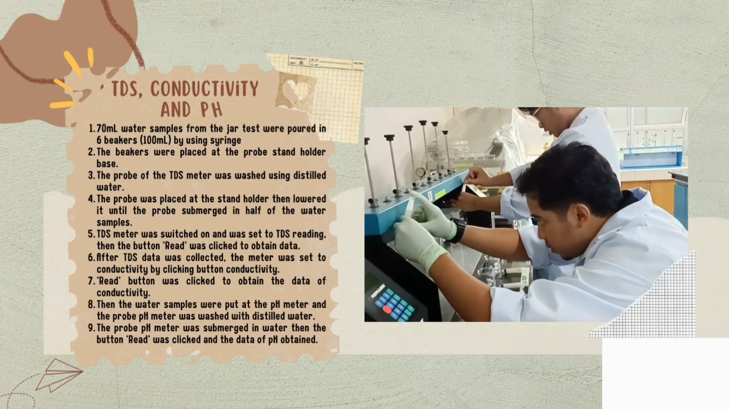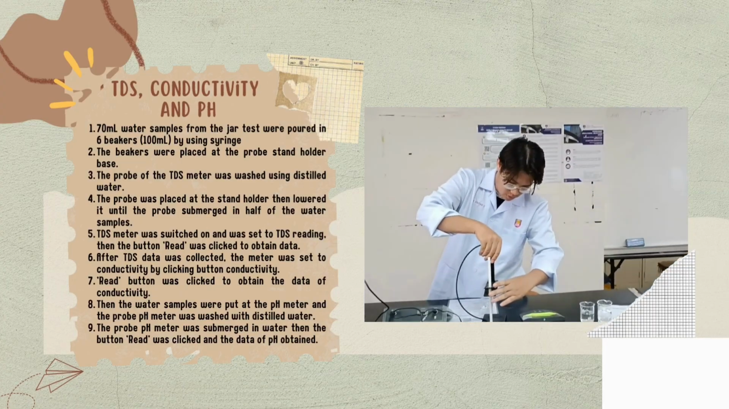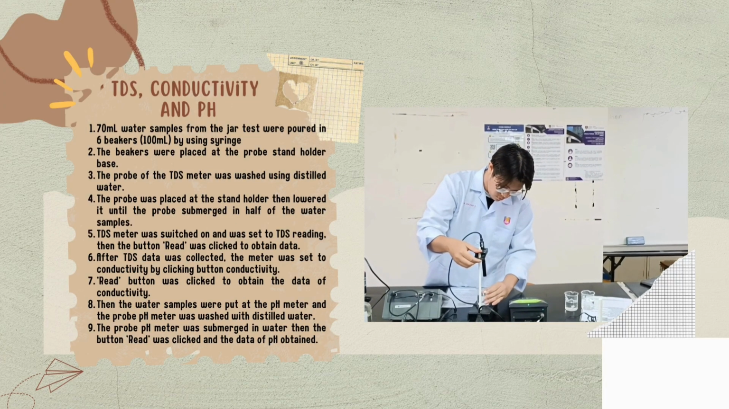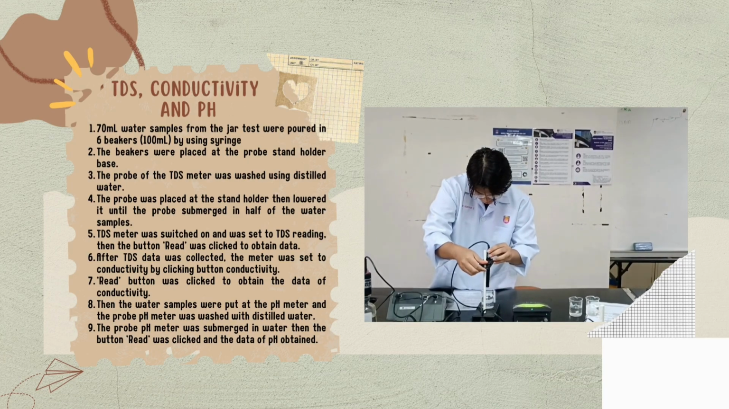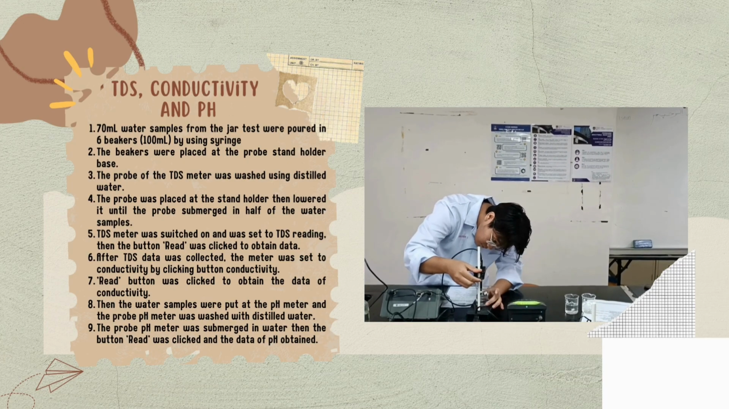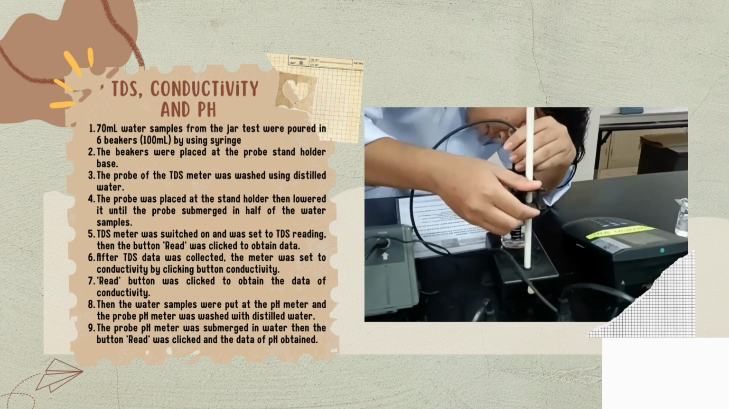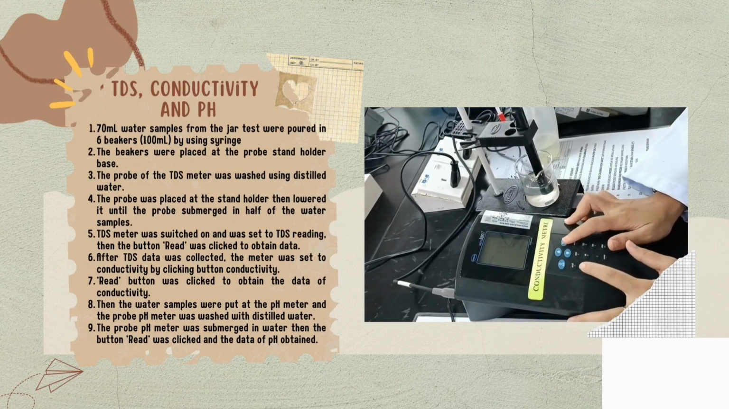For the TDS, conductivity, and pH test, a TDS conductivity meter and a pH meter were used. 70 ml of water sample from the JAR test was poured into 6 beakers of 100 ml by using a syringe. The beakers were placed at the probe and stand holder base. The probe of the TDS meter was washed using distilled water. The probe was placed at the stand holder, then lowered until the probe was submerged in half of the water